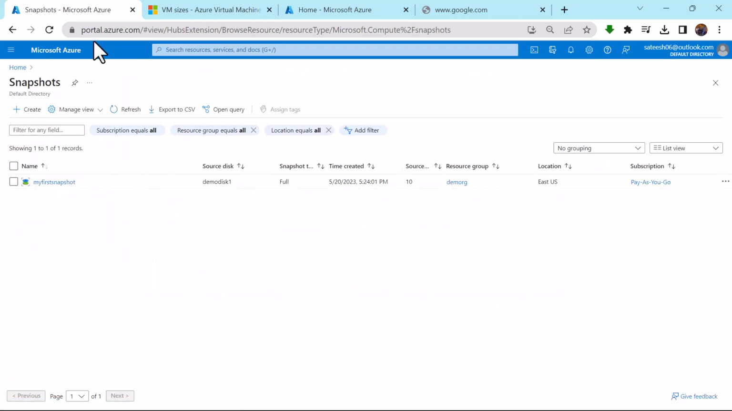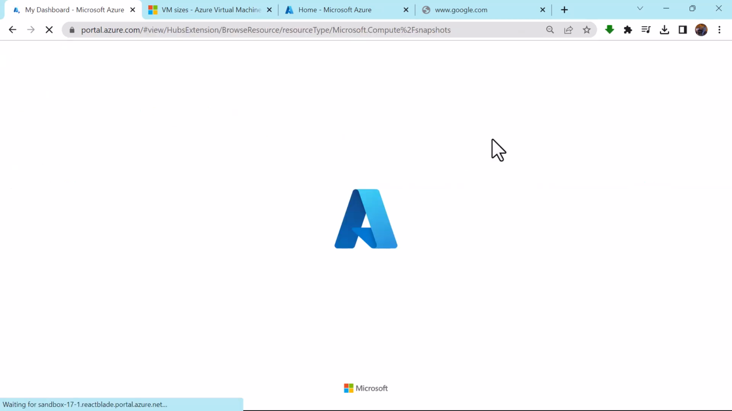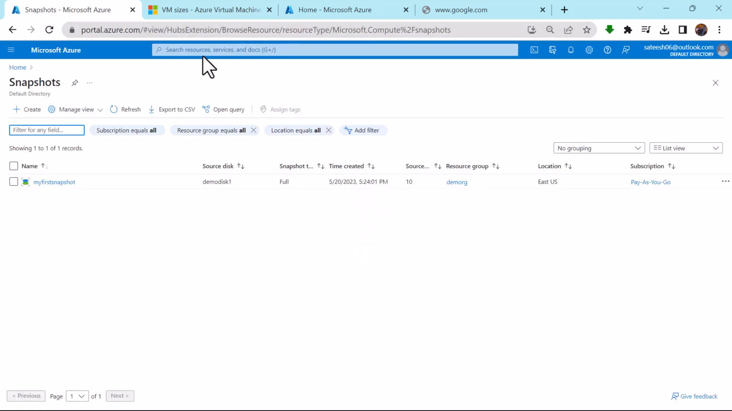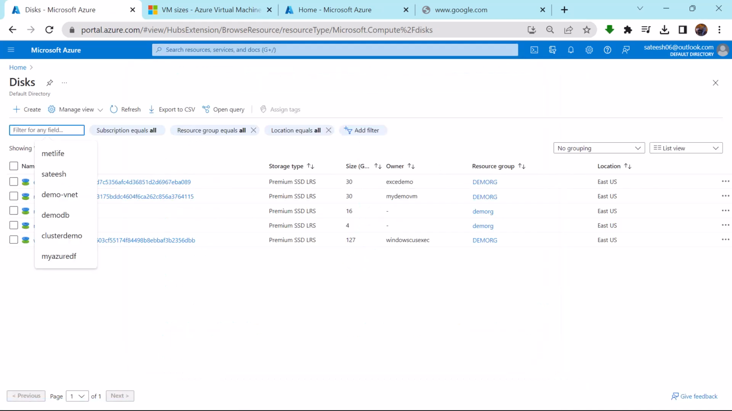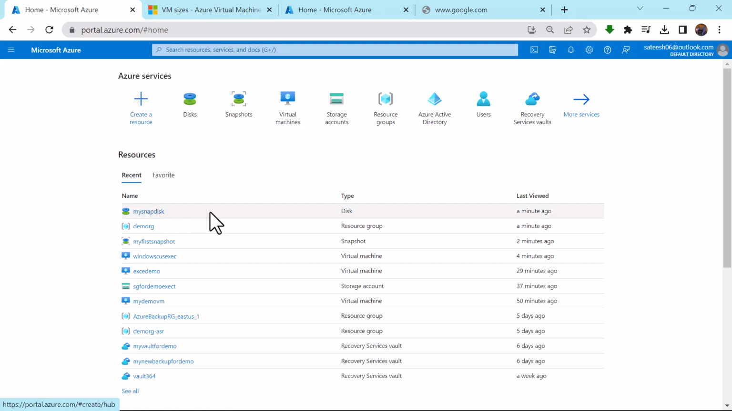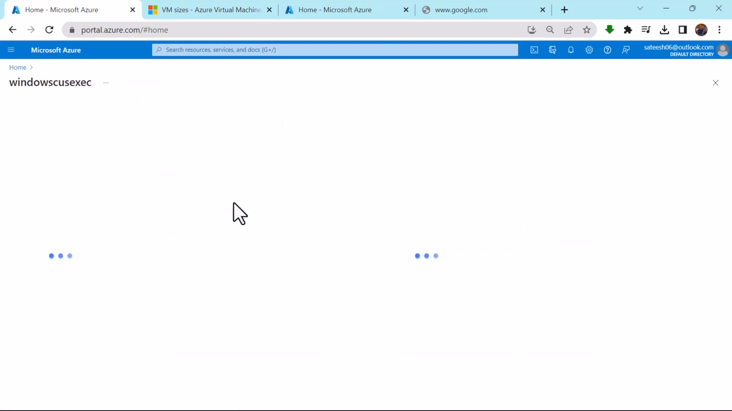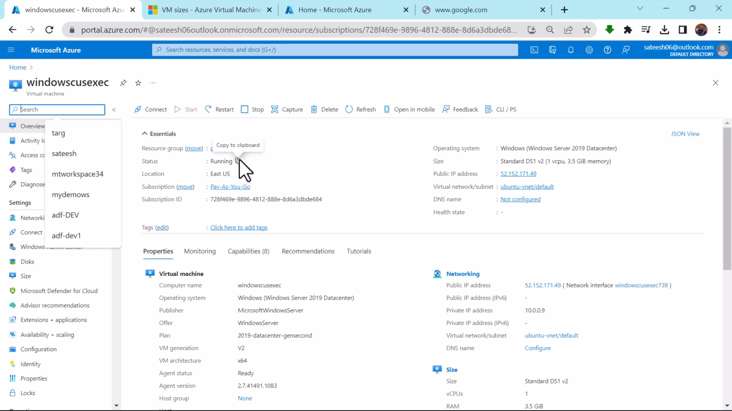Let me refresh this. Now you see my snap disk is there. Okay, now let me go to virtual machines. Our virtual machine is called this, right? Windows execute virtual machine. Go to disks here,